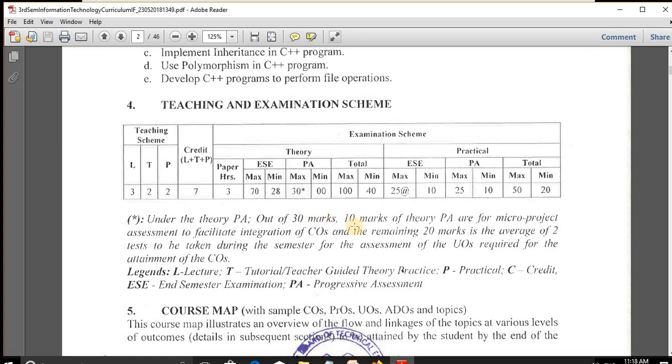Out of 30 marks, 10 marks for the progressive assessment are for the micro project assessment, and 20 marks is the average of 2 tests taken during the semester. Okay. In the practical, the end semester exam has 25 marks, that is a practical exam which is conducted in our laboratory, and progressive assessment has 25 marks, which includes completion and submission of the manual.